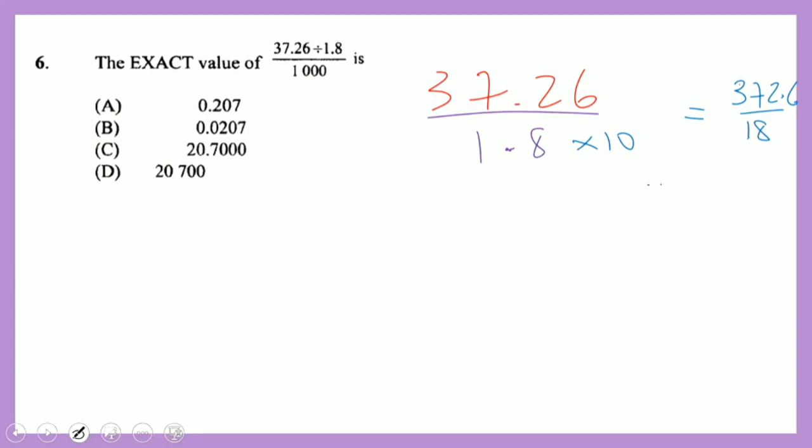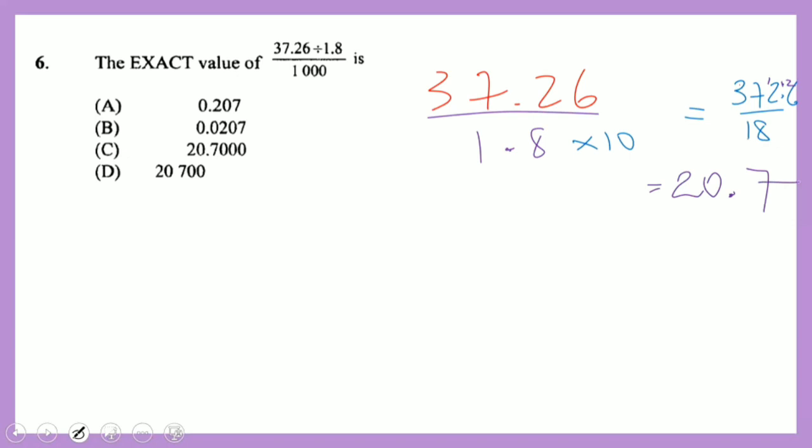18 into 37, that is going to give us 2, remainder 1. 18 into 12, that's a 0. We have our decimal point. This now becomes 18 into 126. All right, 18 into 126, and that is going to be 7 times. All right,